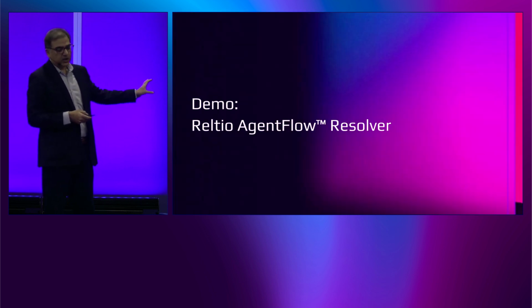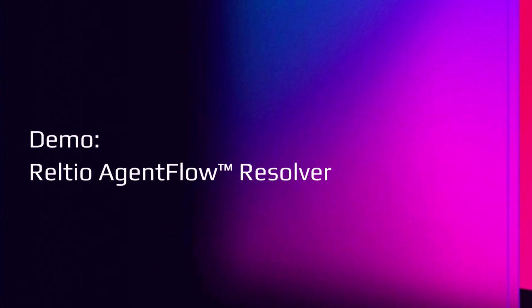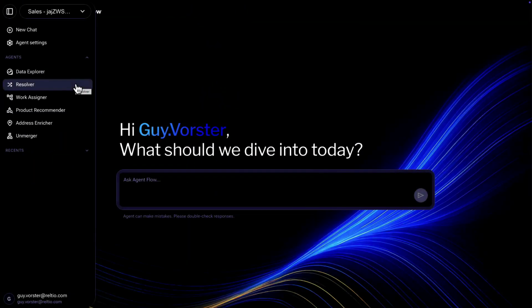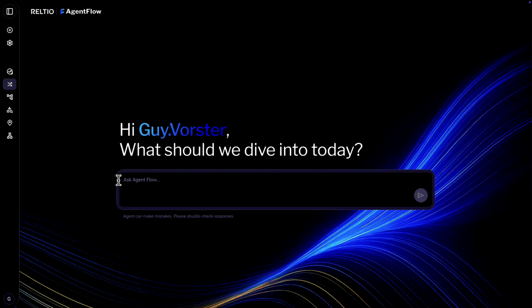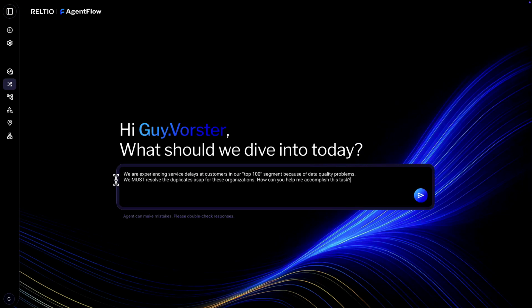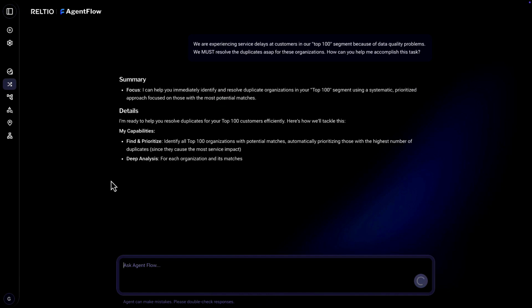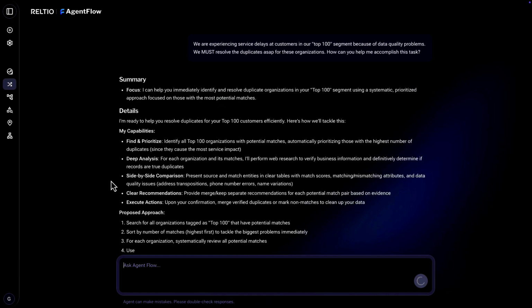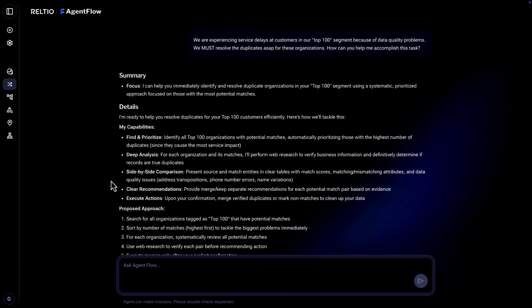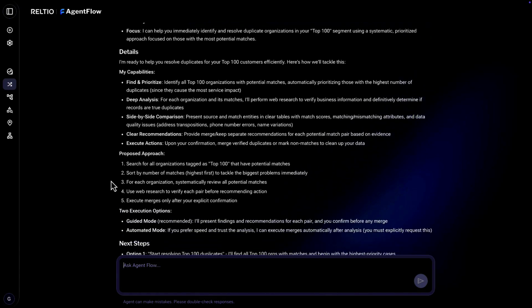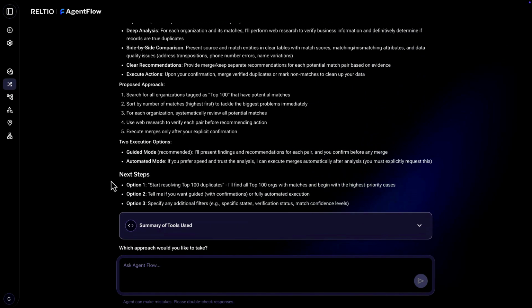In this case, we are trying to solve for data management. We're trying to solve for duplicate data, and here we go. So as you see, it's a conversational interface. There's really no mention of data anywhere in terms of the interface itself, and we're just asking a business question. We're saying, hey, we're seeing service delays in our top 100 segment, and we suspect that there is some data duplication going on. So the system at that point, our agent, is looking at what does that top 100 mean,